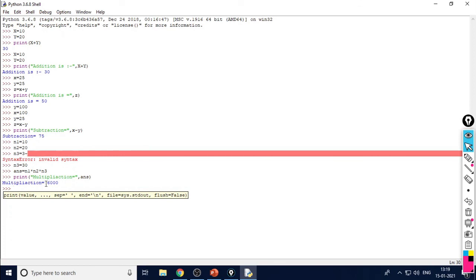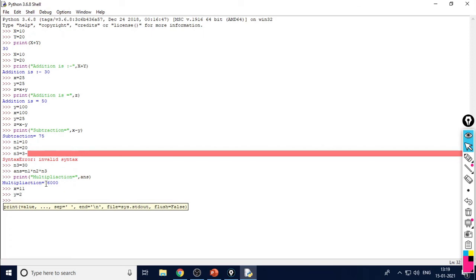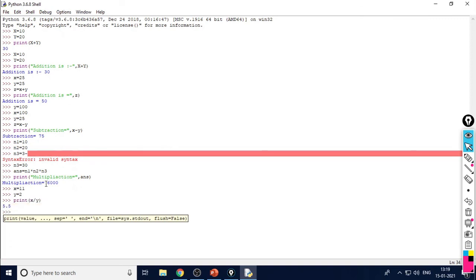How can we perform division? Look here, x is equal to 11, then y is equal to 2. When we write print(x / y), it gives you 5.5, that is the fractional division. If we want to print it in integer format, you can write int(x / y).